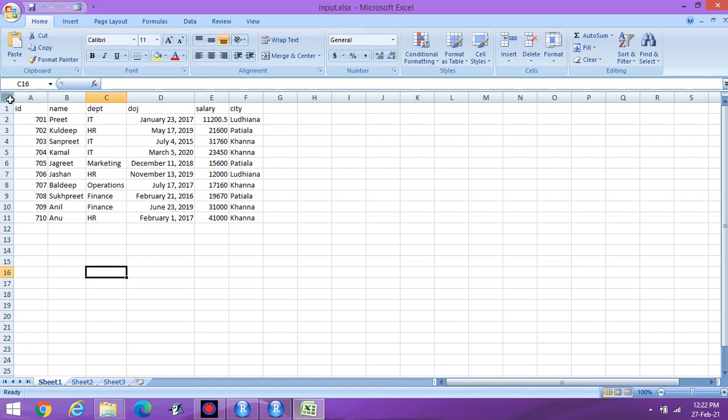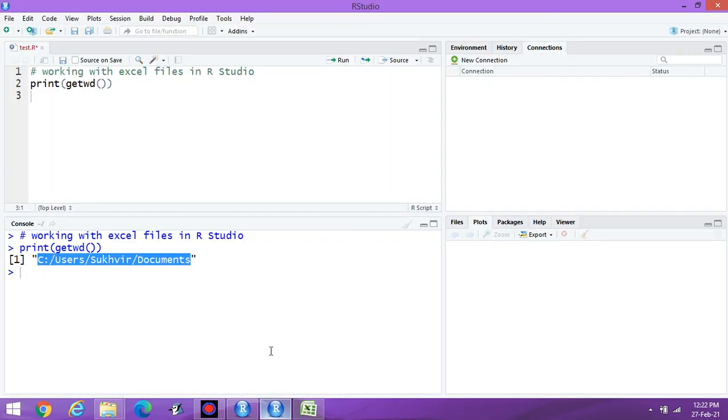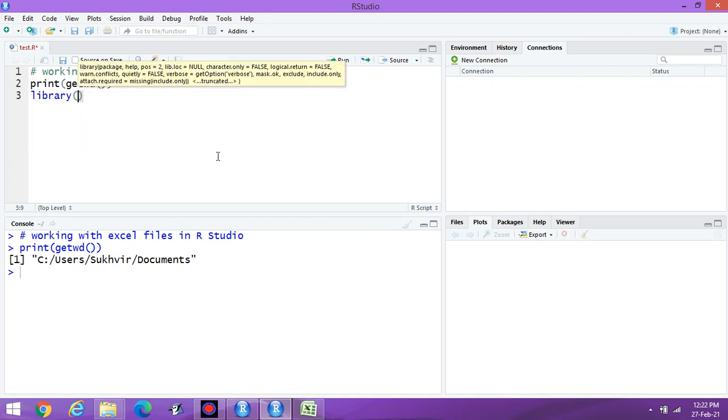Suppose I have to work on sheet number 1. Then what to do? In first step, I have to import the library. The name of the library is xlsx. It's the Excel library to work with Excel. Suppose x1 is the variable name.